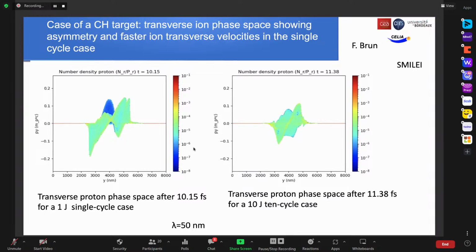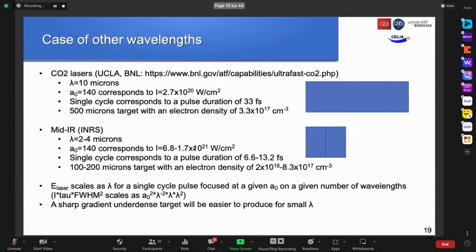I just wanted to discuss briefly here, I talked a lot about the interaction of attosecond pulses with matter. In fact, you can find more or less exactly the same acceleration processes. It scales well with the wavelength. So if we think about what it would require to do a single cycle pulse,